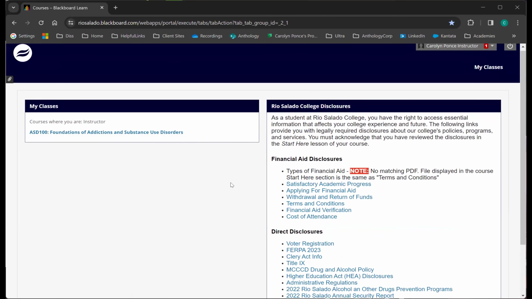Okay, the evaluation area. This is going to be a place that you're going to want to look at a couple of times during your term, especially as you're working with your students and you want to make sure that they're kept up in the course and that type of thing. The two places that I want to highlight are the course reports area and the retention center. The course reports area allows you to create and download a report on different activity within your course.